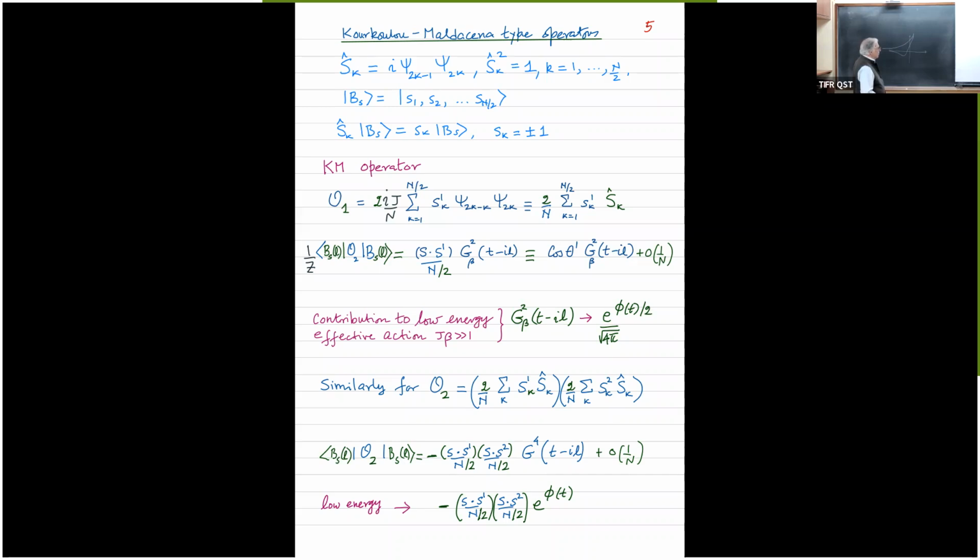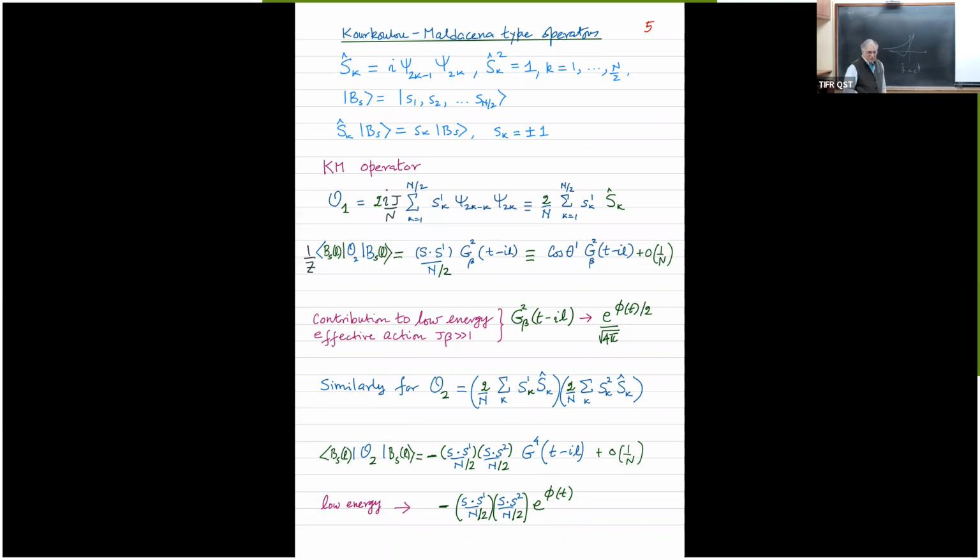I'll just state that the contribution to low energy physics, that is when beta J is very large, is that this Green's function essentially becomes a function in terms of e to the phi of t. This is basically the following. This is a parameterization of the function f of t. On the left-hand side, this is O1 of t. Sorry, it's early in the morning. So we are able to understand, and the important point here is that there's a dot